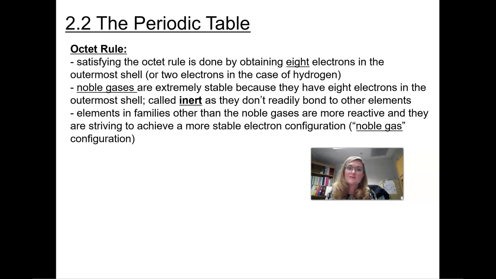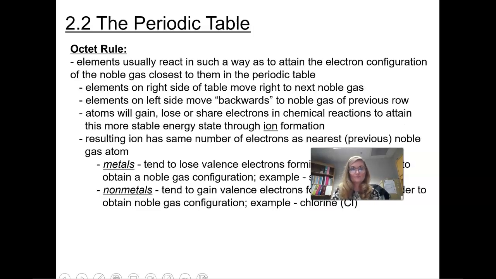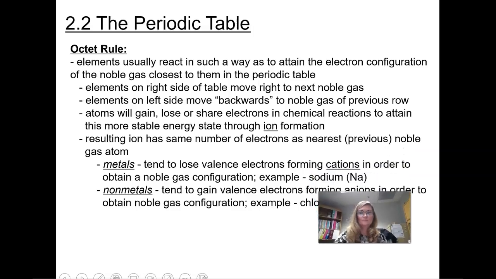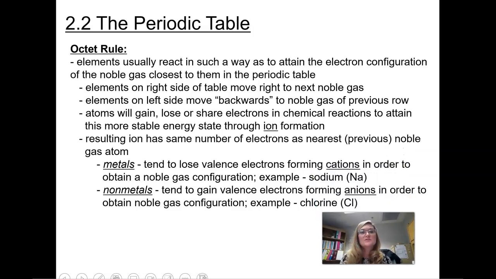So elements in families other than the noble gases are going to be more reactive, and they are going to strive to achieve a more stable electron configuration, and that is going to be 8. And so kind of like the noble gas configuration, they're going to want to bond with other elements so they fill that outer shell till they have 8, and then they become stable. So elements usually are going to react in such a way as they attain the electron configuration of noble gases